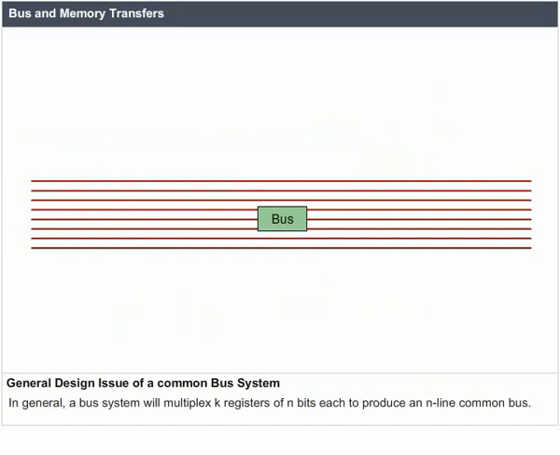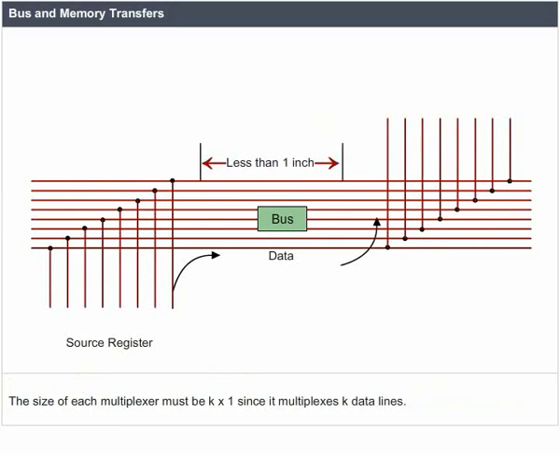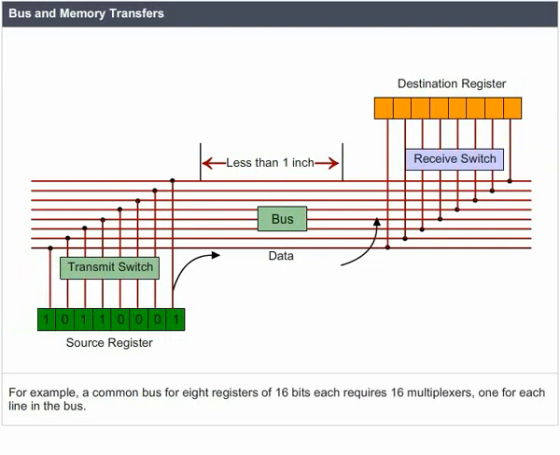In general, a bus system will multiplex k registers of n bits each to produce an n-line common bus. This requires n multiplexers, one for each bit. The size of each multiplexer must be k-to-1 since it multiplexes k data lines. The number of select lines required is log k. For example, a common bus for 8 registers of 16 bits each requires 16 multiplexers, one for each line in